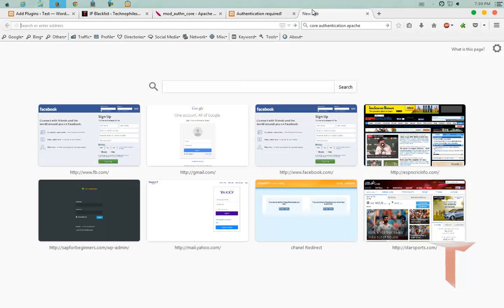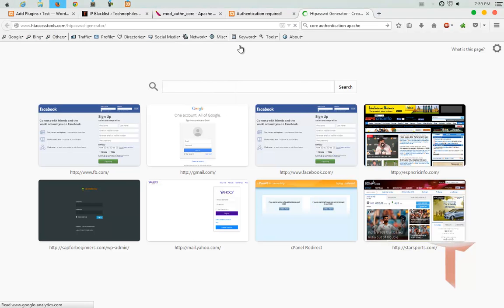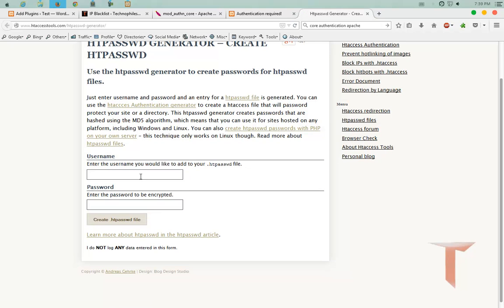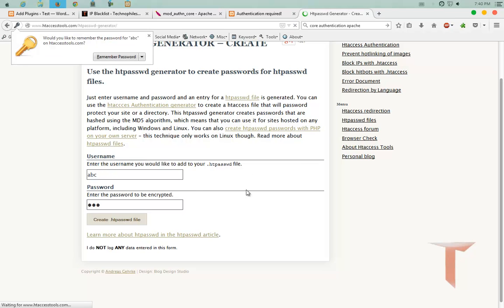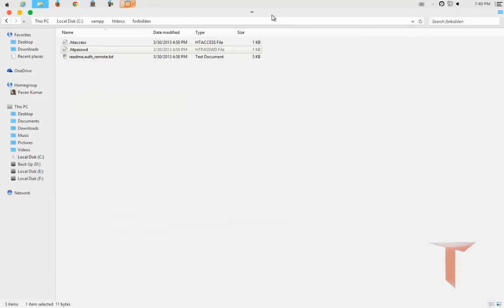If I remember correctly, it is htaccess tools. Yes, htaccess tools. This is one particular website where you can provide the username and a password. When you create the htpassword file, you can see that it is encrypted. This website uses MD5 encryption, which is common for both Linux and Windows operating systems, so you should not face any problems in using this particular htpassword file. And alternatively, what you can do is, in the Apache installation,